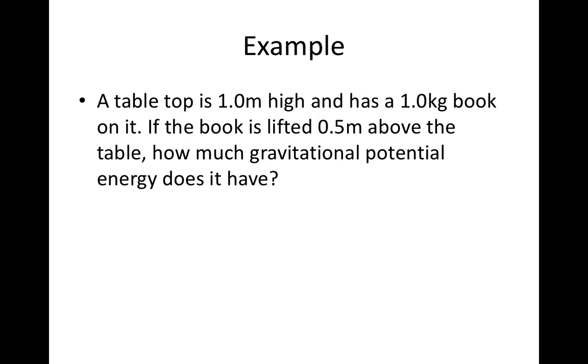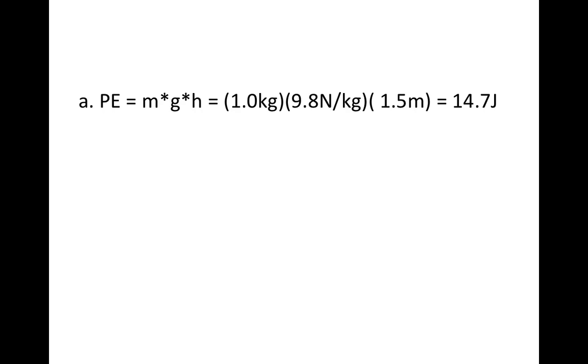Here's an example. A tabletop is 1 meter high and has a 1 kilogram book on it. If the book is lifted 0.5 meters above the table, how much gravitational potential energy does it have? So we use our equation PE equals mgh, and we plug in our values for mass, the gravitational constant g,